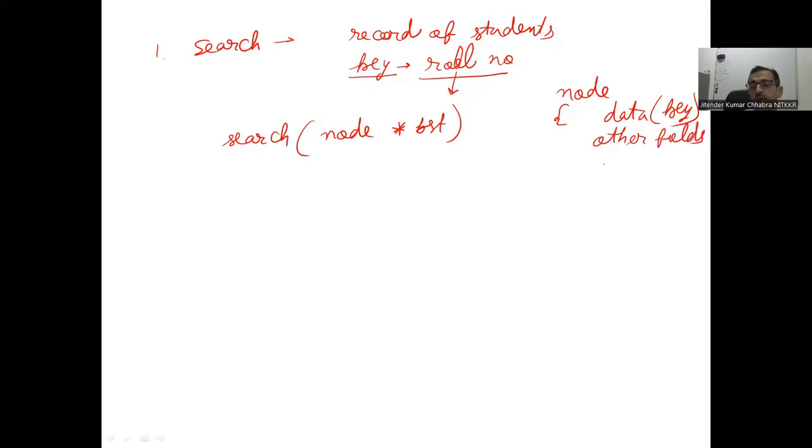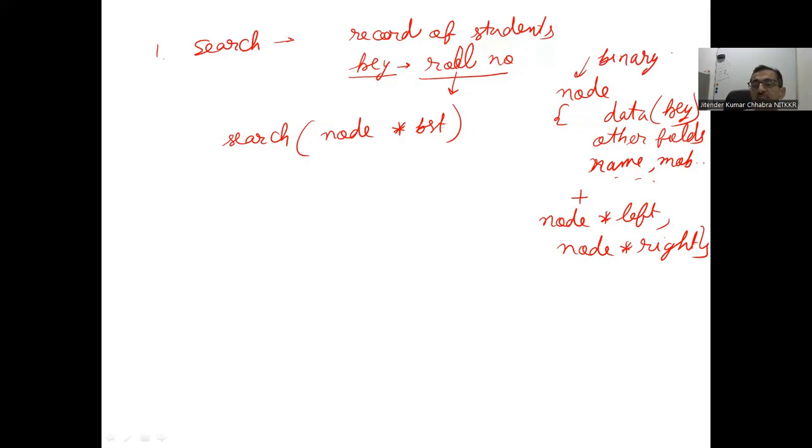Say if I want to store roll number, along with roll number, the name, mobile number, etc. Plus, definitely, I will have node star left, node star right, just like in case of a binary tree, we have been doing that. So simply a binary tree. Because it's a binary search tree, it is effectively a binary tree with the special properties for the values to be satisfying the condition of left subtree being lesser than the root and right subtree being greater than the